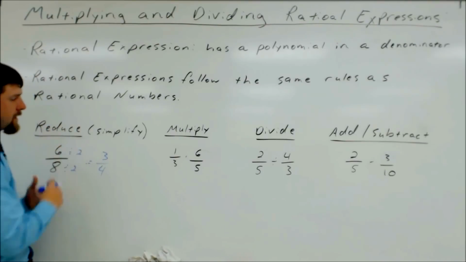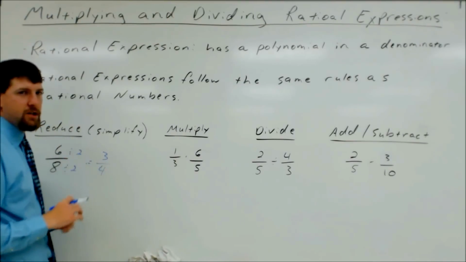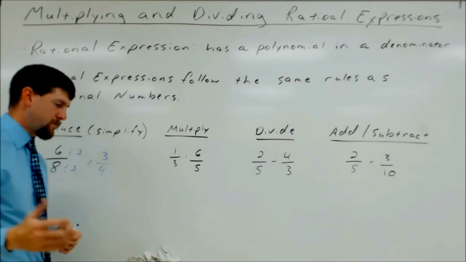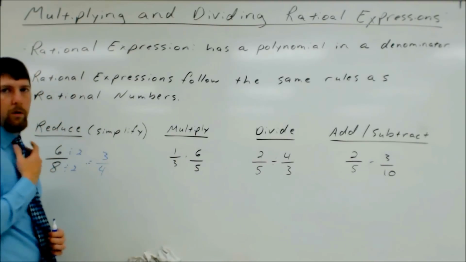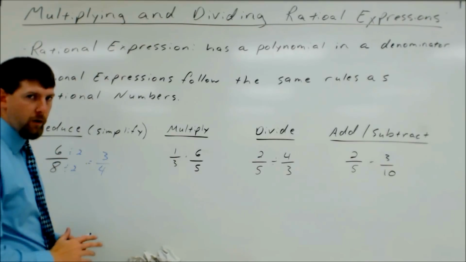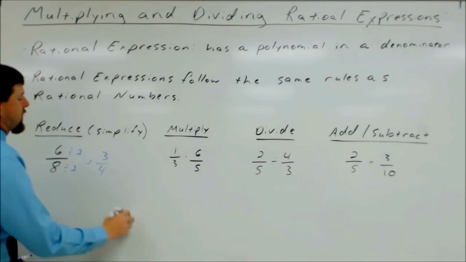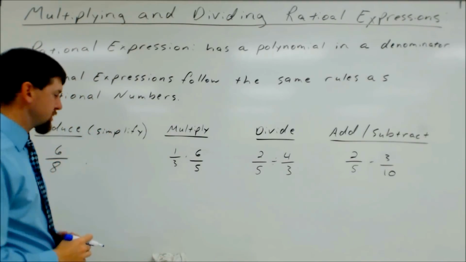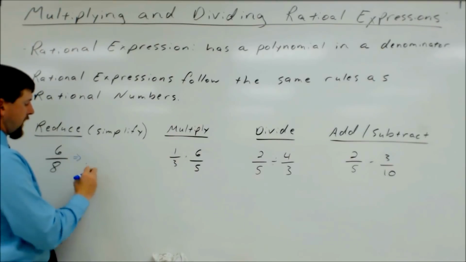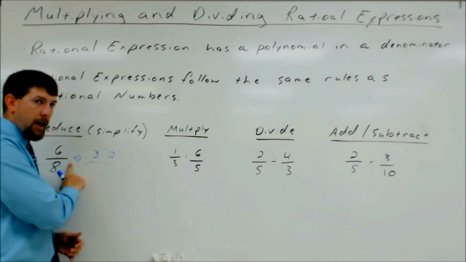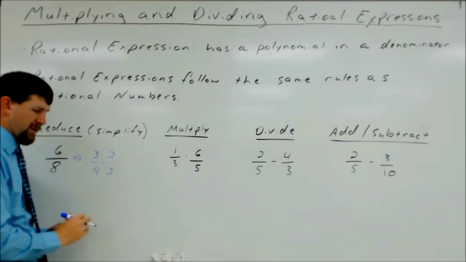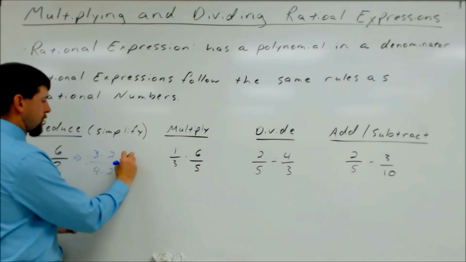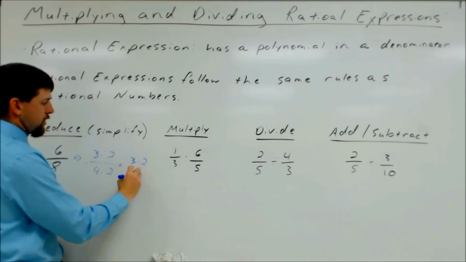Now, that's usually what the thought process is, but I want to change that up a little bit. I want to actually look at this as a factorization, because that's what we're doing when we say what divides into both of them. What we're doing is saying what factor is common to both of them. That way it ties into what we've been working with, factoring. So instead of saying what divides into both of them, say how can I factor this down? So 6 would factor into 3 times 2. 8 would factor into 4 times 2, and it would actually factor into 2 cubed. So as we're working through this, 3 times 2 over 2 cubed,